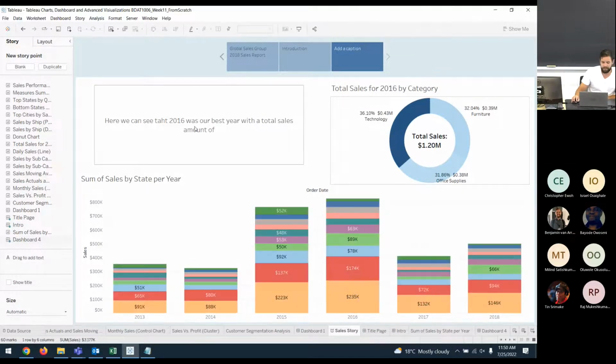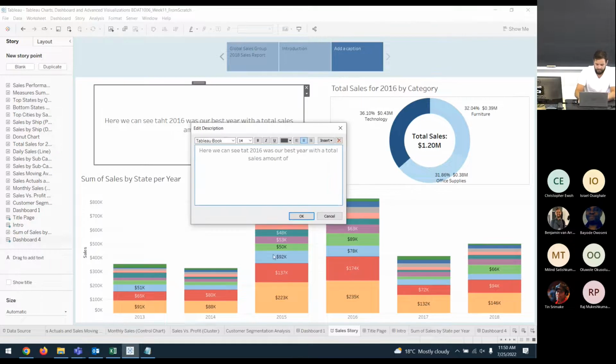Right? So here we can see, fix my typo, that 2016 was our best year with a total sales amount of $1.2 million. Our top category was technology with 430,000 in sales, and our top state was